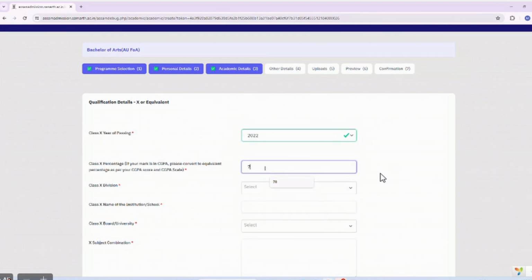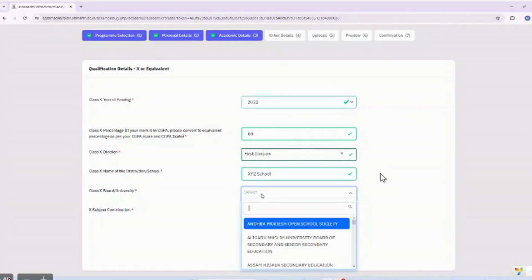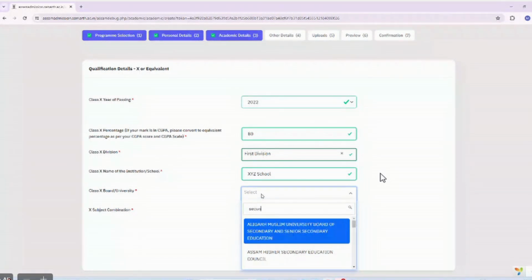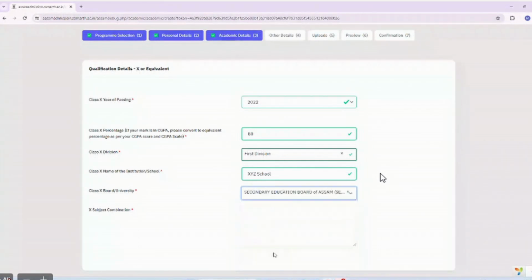So 10 percentage, suppose 80%, division first division, school, university, subject combination. So I need to mention the subject combination. For example, the 10th subject combination: Hindi,